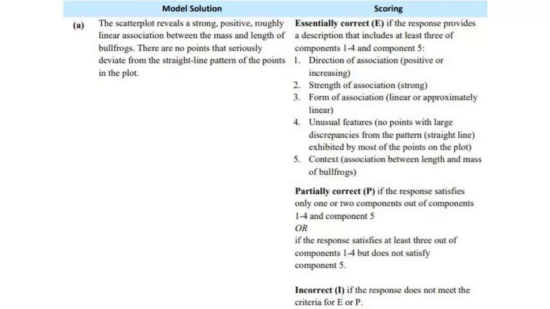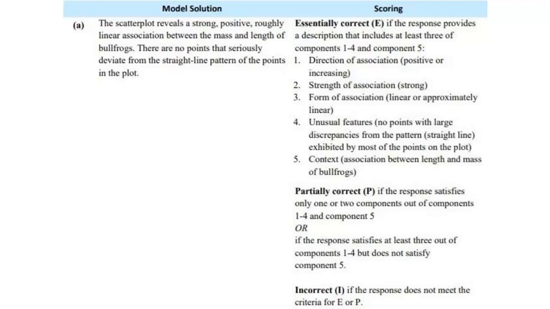The scatter plot reveals a strong, positive, roughly linear association between the mass and length of bullfrogs. There are no points that seriously deviate from the straight line pattern of the points in the plot. Things that you need to have: you have to have at least 3 of these 4 components, and you have to have component 5, which is